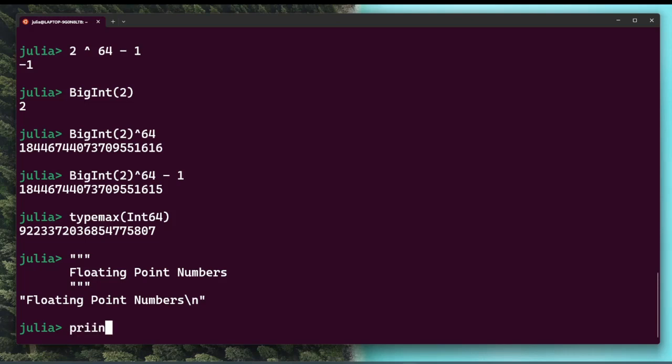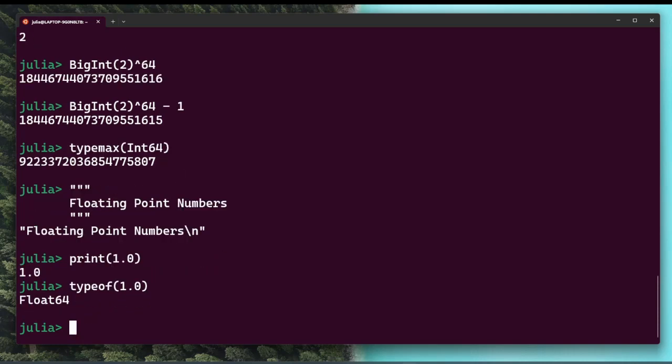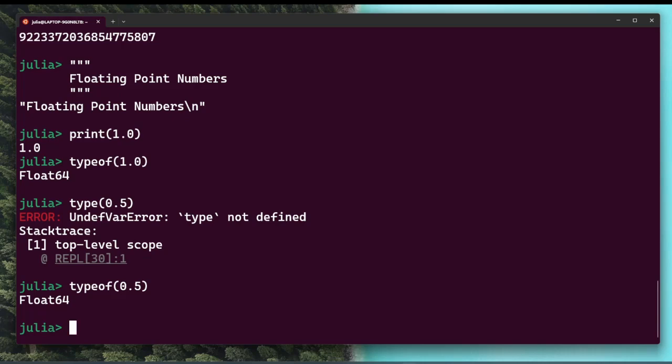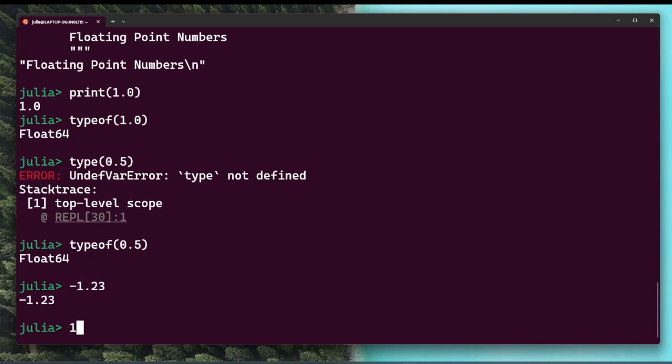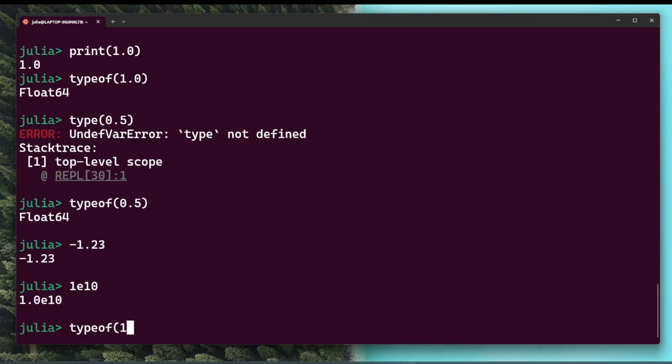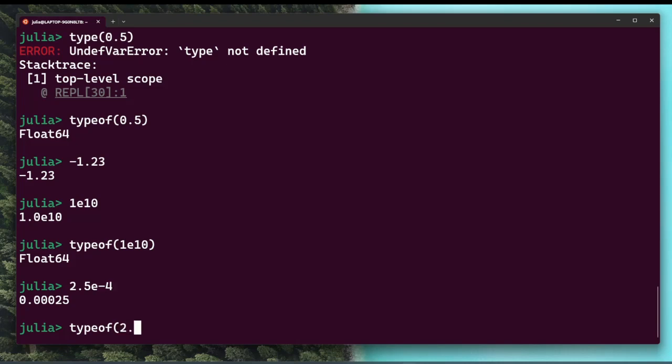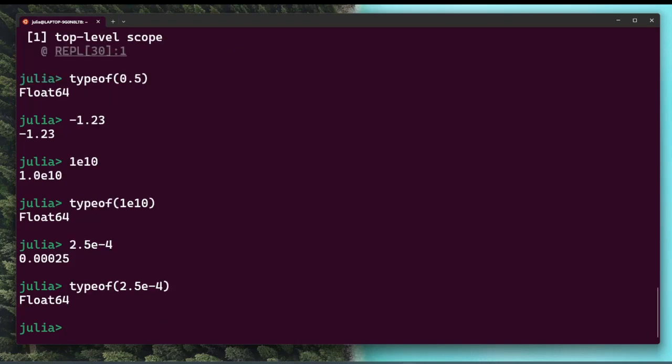Now floating point is the 0 point. Okay, be like my 60. Open 60. So the thing is,